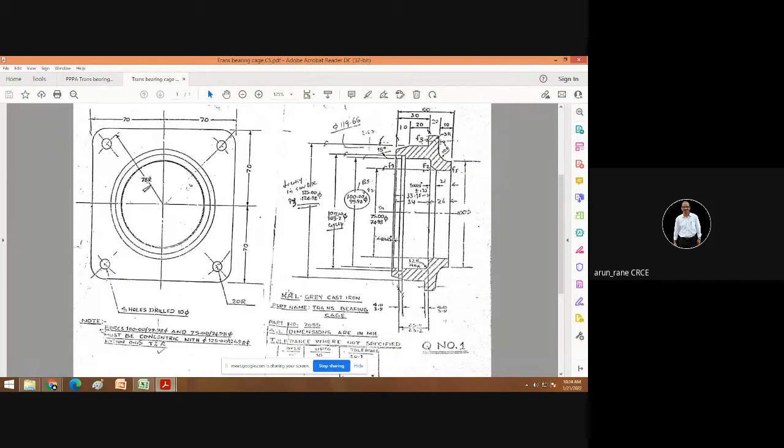So this is the component. The name of this component is trans bearing cage, for which we are performing the preliminary part print analysis.